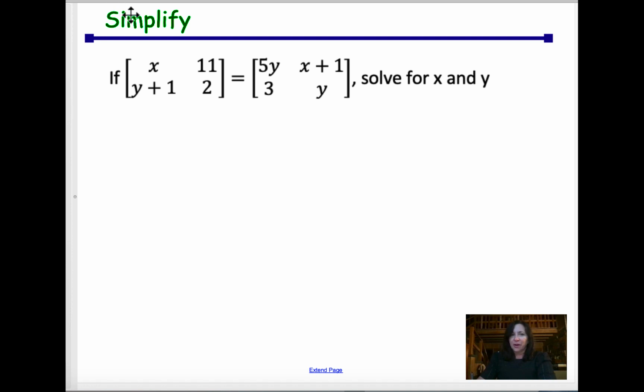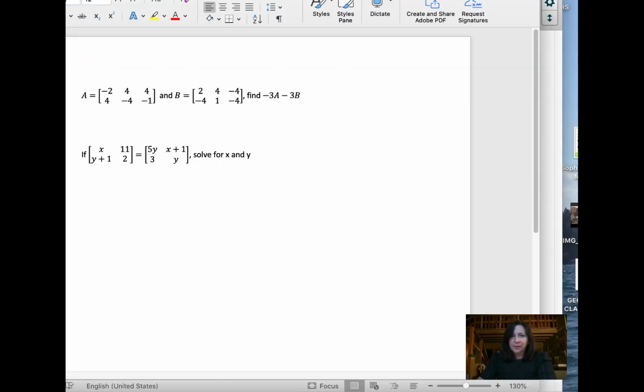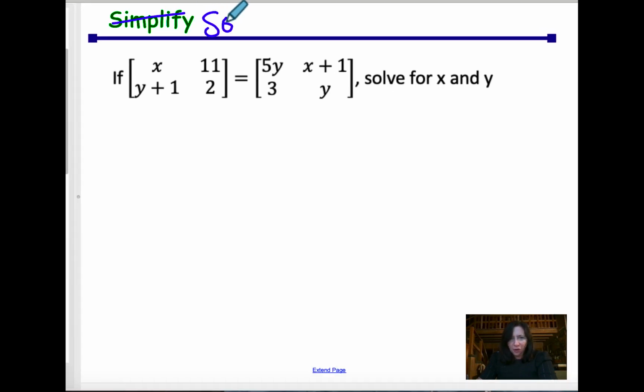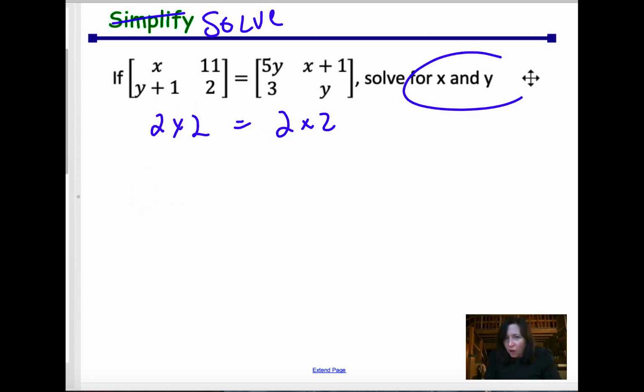I see it says simplify. Actually, this should say solve. And in solving this, what you see is a 2 by 2 equal to a 2 by 2. So if you have a 2 by 2 equal to a 2 by 2, then they should equal each other, right? So what you're doing basically is setting each one of these equations equal to each other, and ultimately solving for x and y, meaning the values that are in the same position or entry are the